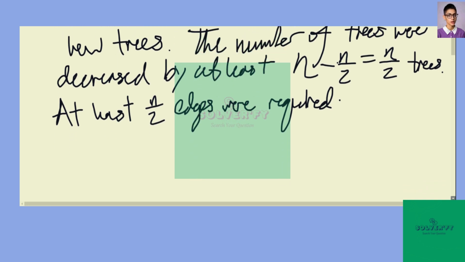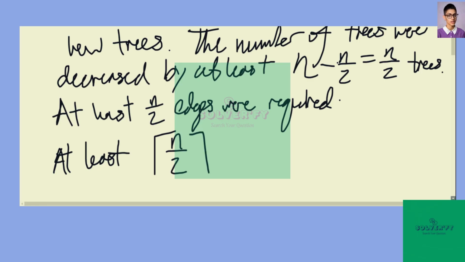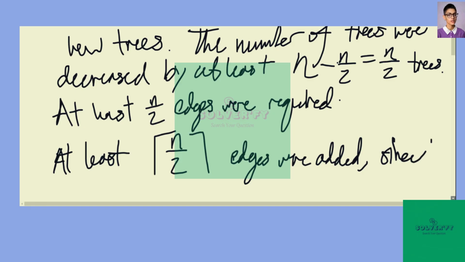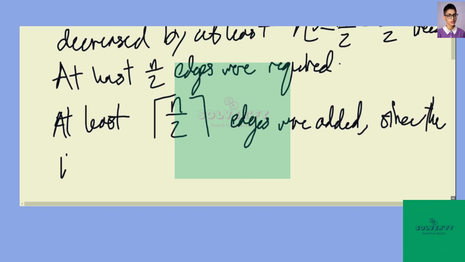So, since the number of edges is going to be an integer, we have that at least the integer that's closest to or greater than n over 2, so at least the ceiling of n over 2 edges were added. Again, since the number of edges is an integer,